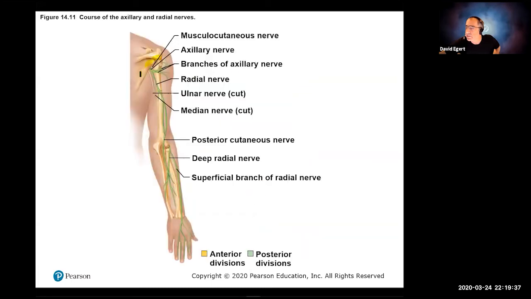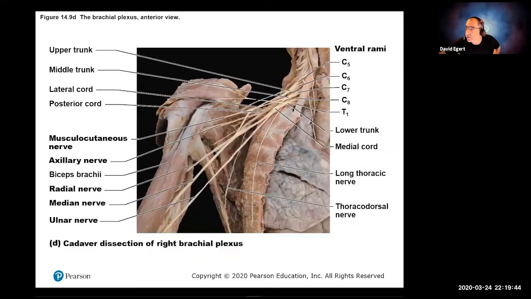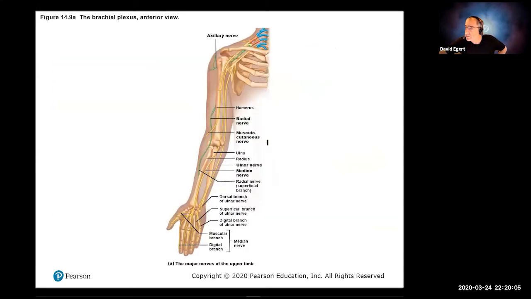Here is where we're going to find the brachial plexus. There's a bunch of nerves that leave right here from mostly the cervical level and beginning thoracic level of your spinal cord, and they make all these different nerves that are going to go down your arm. It's called the brachial plexus. That's going to be the last thing we're going to talk about today, in addition to talking about,